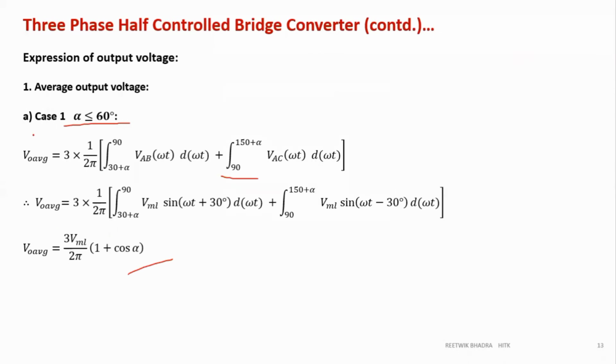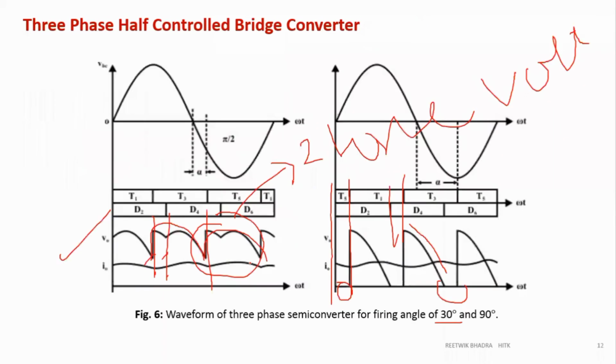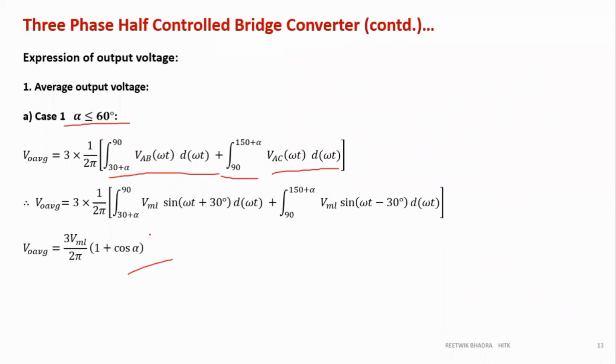If I draw the line voltages below 60 degree, it is a combination of 2 line voltages, as we are seeing over here. So I'll just put the limit and do the integration. Please look into the integration in the book, because it is a long 2-page integration. In Vimra the integrations are small because they have not shown so much calculation. In other books, this integration is quite large.